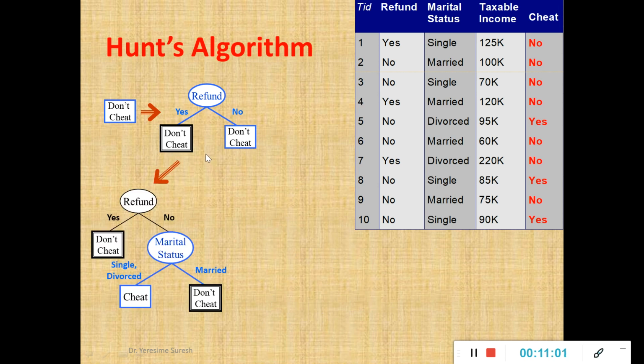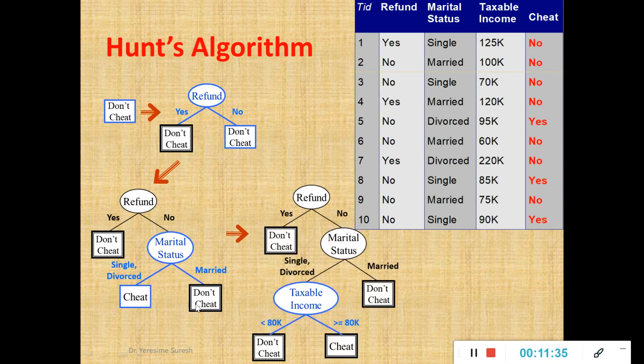In the next step, what will I do? I'll take refund again, since I am not sure whether he will cheat with respect to refund now. The second scenario is that he is not going to cheat. So I'll take the second attribute, marital status. There are 3 different possible values: single, married and divorced. I am taking the binary split of single, divorced and married here. Again, I am not sure. Refund is no, marital status is don't cheat. Then I have to look at my target function and again split this node. That is what I have done. If he is not going to cheat, then fine. If he is going to cheat, I am supposed to split this.